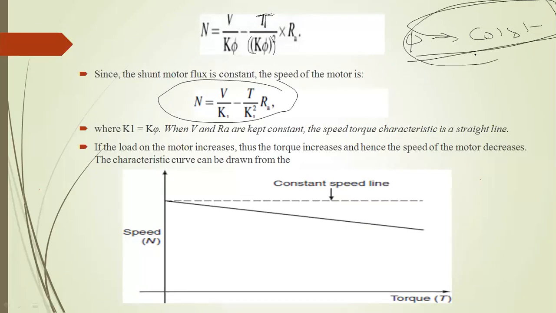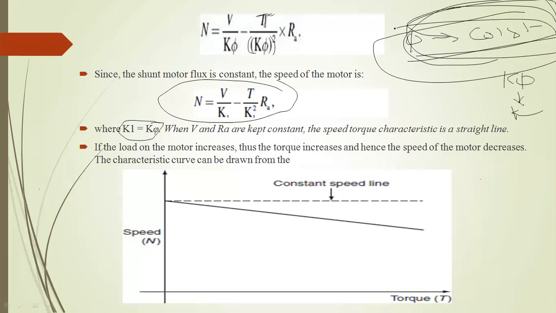Here we can have the constant, but earlier in the books they took the complete K phi constant, with flux taken into one K. Or you can have the flux, which was considered a constant for the poles in your DC shunt motor, written as K1, or you can write it as K squared. The notation doesn't matter. As per the textbook, they have considered that as K1.